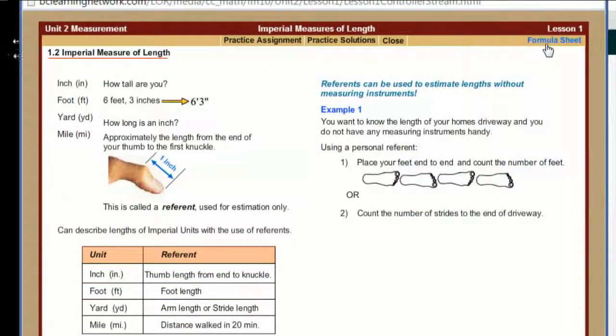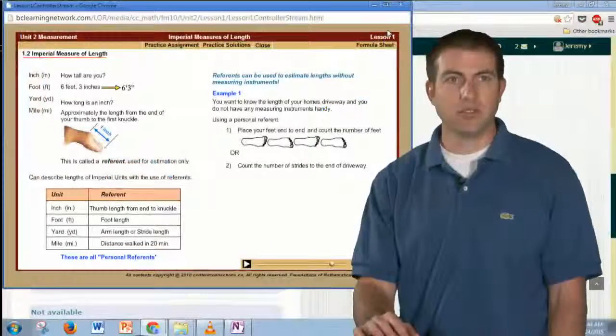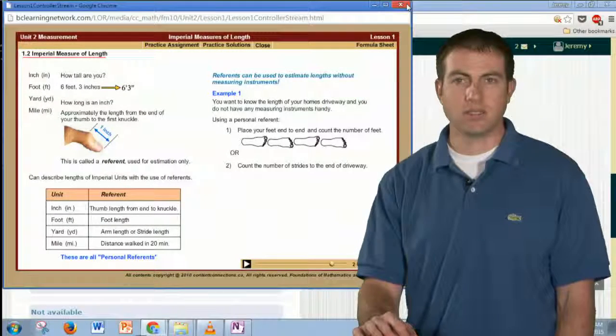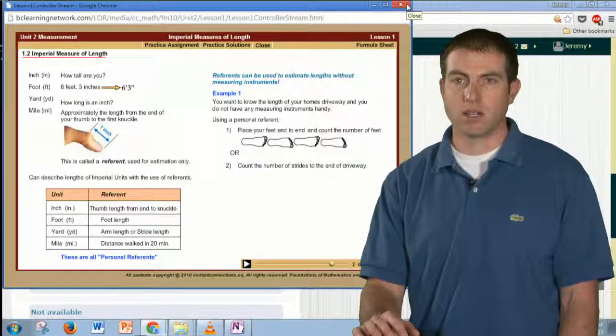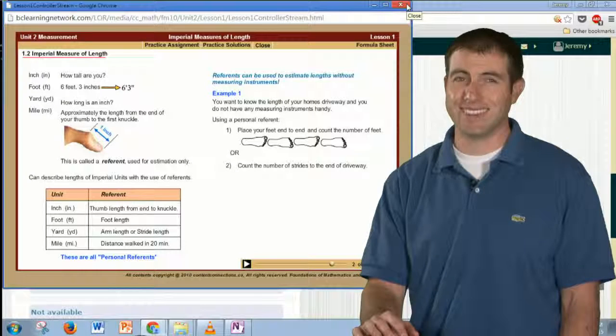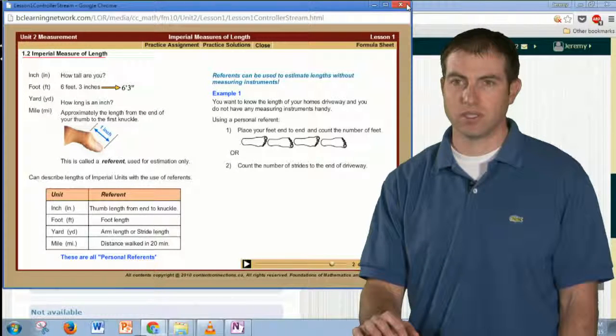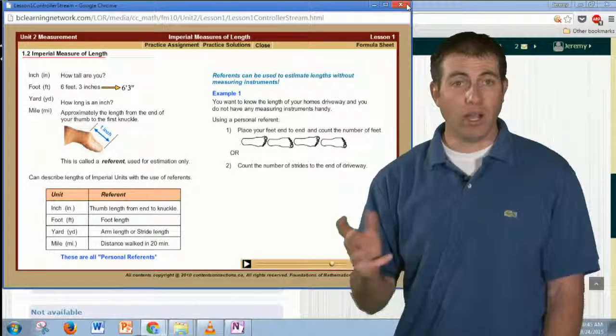Why are we using imperial? Only 3 countries in the world use it. That's a terrific question. 3 countries, do you know what the 3 countries are? United States, I think it's Myanmar, also known as Burma, and Libya. I think those are the 3 countries that still use imperial.